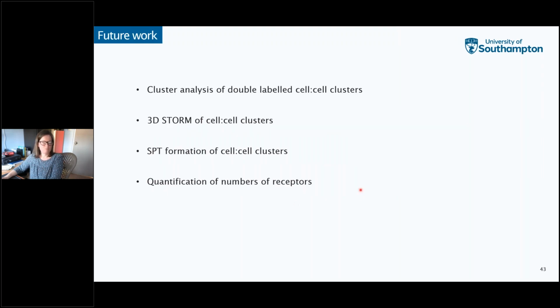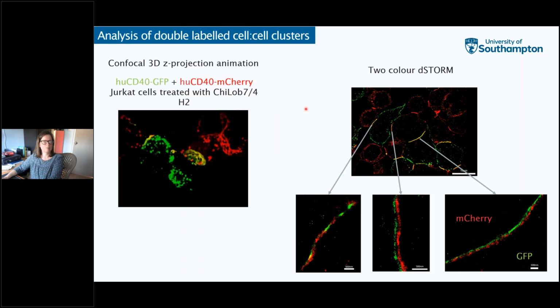So the future work that we want to look at, firstly, we want to look further into these cell-to-cell clusters. So to do that, we've started doing some analysis of double-labeled cell-to-cell clusters. So here we have a confocal 3D Z projection,